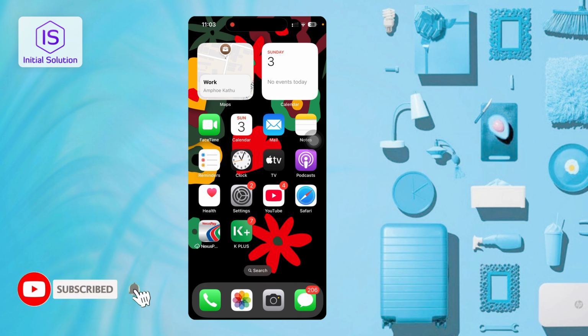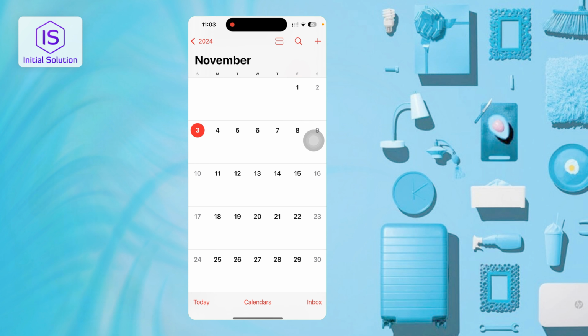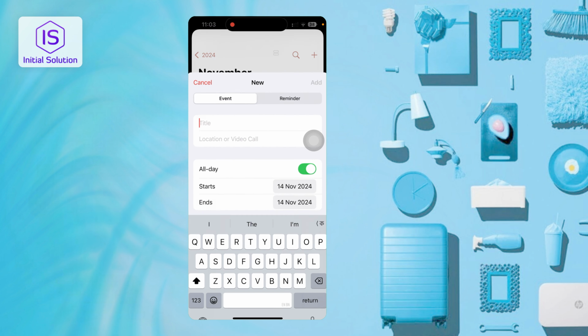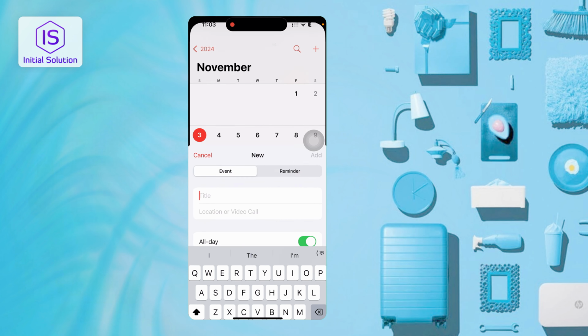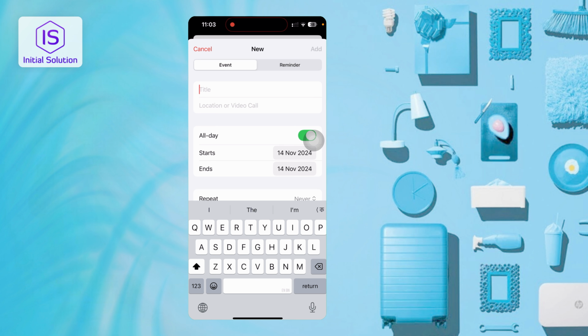If you want to do this, you should open the calendar. Then you can choose any specific date. If you want to make an event, you just press and hold for a little bit. Then here, just add the invitation name,